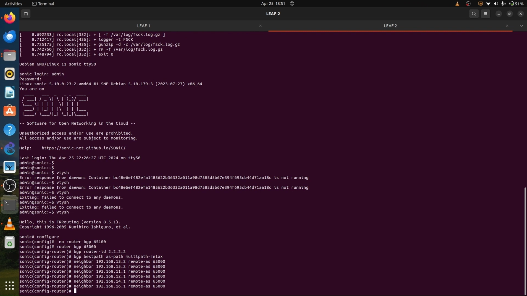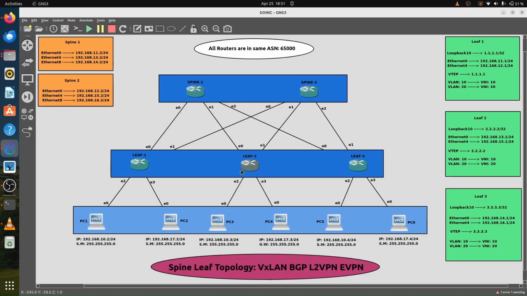Now I'll use command update source, because for leaf 2